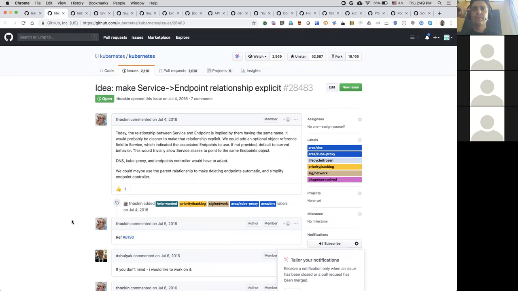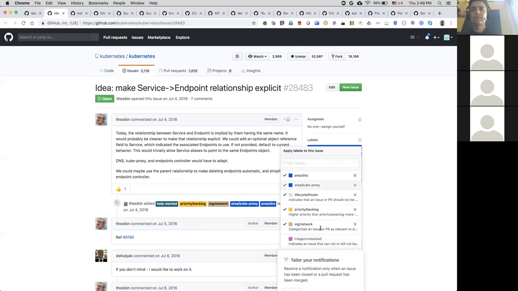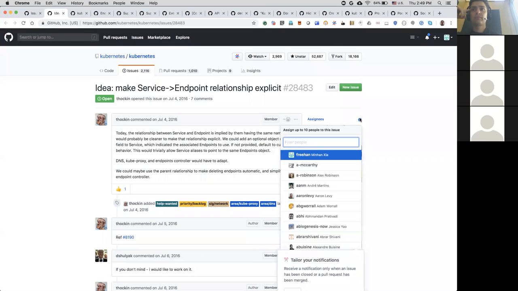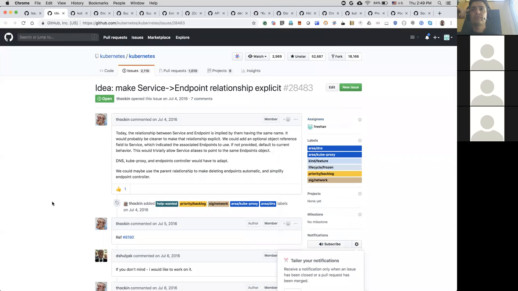Okay. Make service to endpoint relationship explicit. Feature request. I think this might go into endpoint slice, well, if it was useful to consider. Yeah, assign yourself to Minhan. Yep. It has a label.